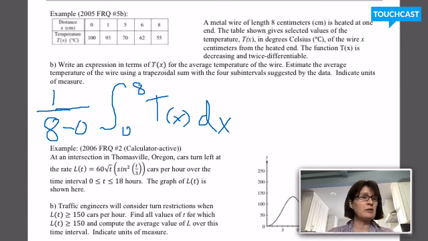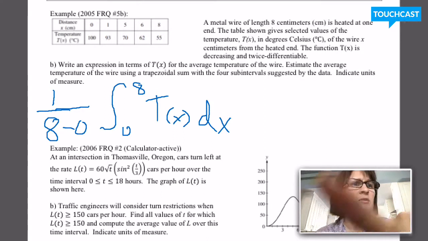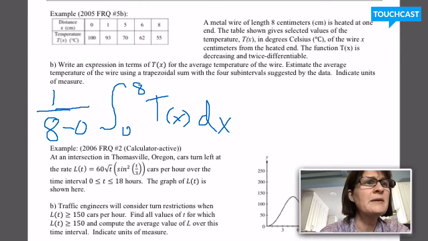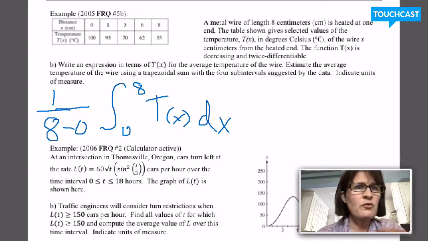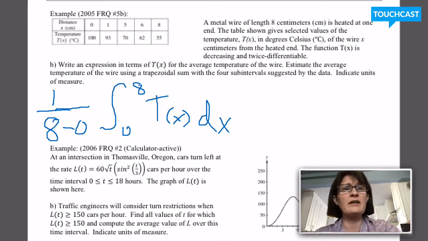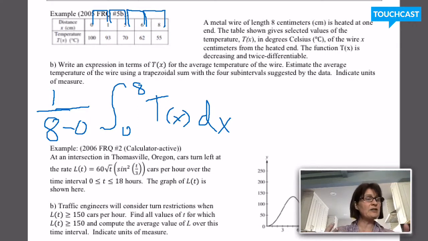So remember, a trapezoidal approximation, we're going to split this 0 to 8 distance up into little chunks, and we can see here from the table, did they tell us specifically how many? They said 4 subintervals, so that means there should be 5 data values. I'm going to use the data from 0 to 1. I'm going to use the interval from 1 to 5, from 5 to 6, and from 6 to 8. And for each of those intervals,